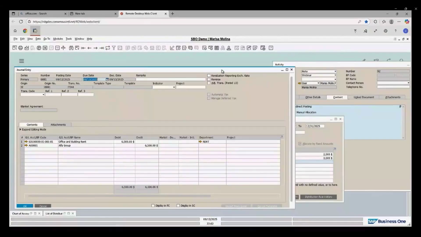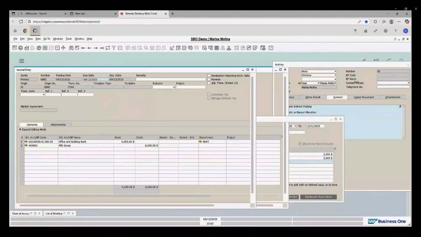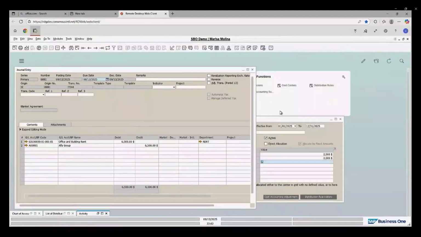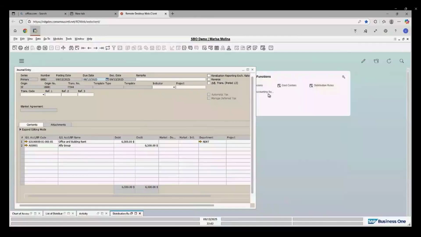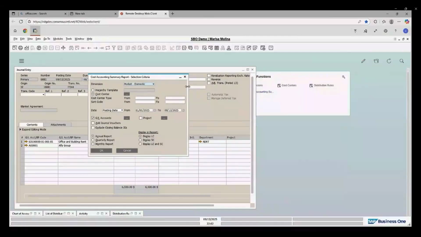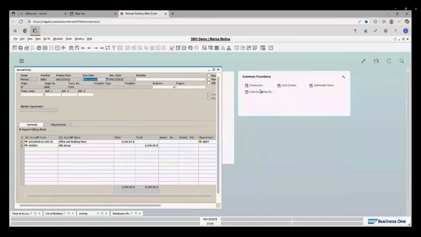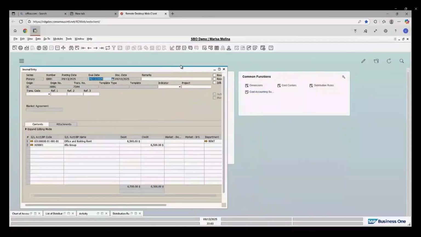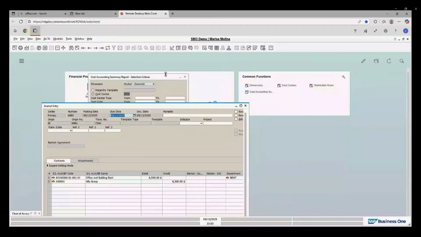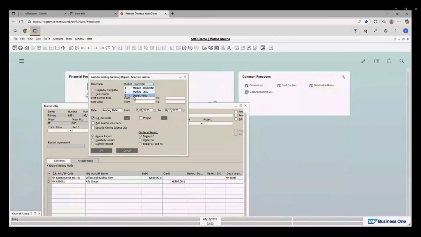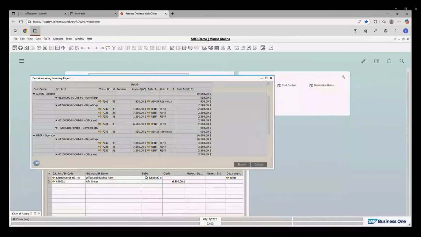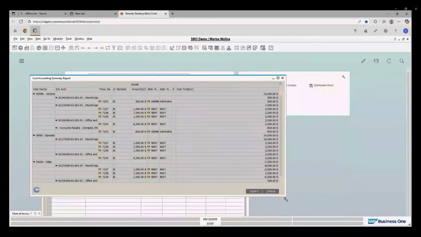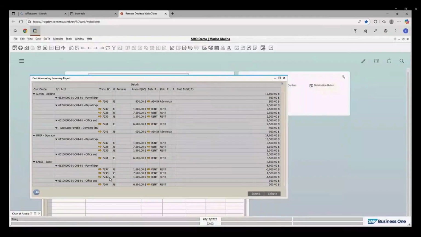So basically that's how I have my rent allocated in this case. So this is the time just to go to the actual summary that we have here. Let me just minimize this one and the summary account. This is the cost accounting, the summary account. So let's go and do it by department. Okay, this whole year, December 31st. Okay, doesn't matter. And then I say, okay. So look, this is the one that I just did, I guess. It is the one for this one, the last one, 631.